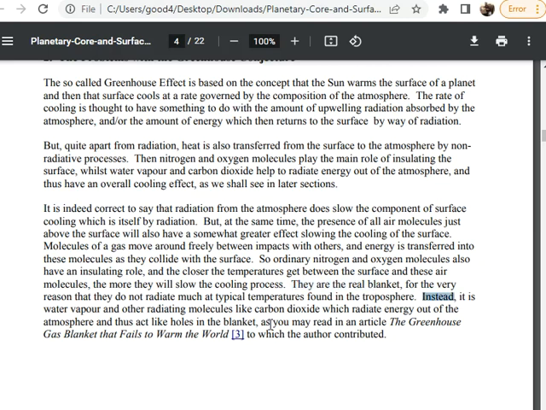So instead it is the water vapor and other radiating molecules like carbon dioxide which radiate out of the atmosphere and thus act like holes in the blanket. Holes in the blanket. Yeah, I think he's a little bit confused, because